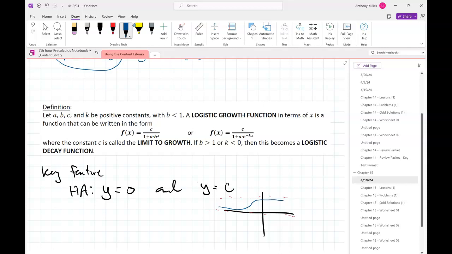Now, you're like, why do we care about this, right? How would this be useful? Super useful, actually. For example, if you're trying to create a model to describe a population, say a population of organisms, most populations follow logistic curves